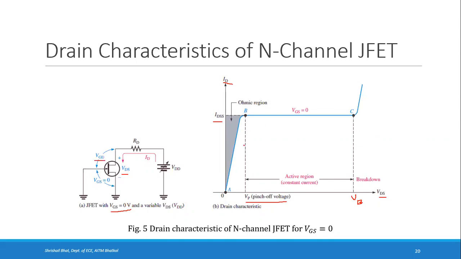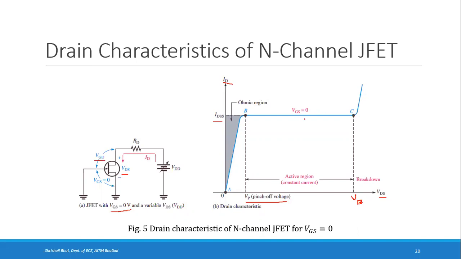So these are the different things we see. The ohmic region, where the current and voltage follow Ohm's law, that is V equals IR, that is current increases as the voltage increases. At a certain point, the reverse bias cancels the increase in the current, and the current becomes constant. That particular region is called the active region. And at a certain point, if you increase the voltage, the junction breaks down, and that region is called the breakdown region. So this is the drain characteristic when VGS is constant and VGS is 0 volts.